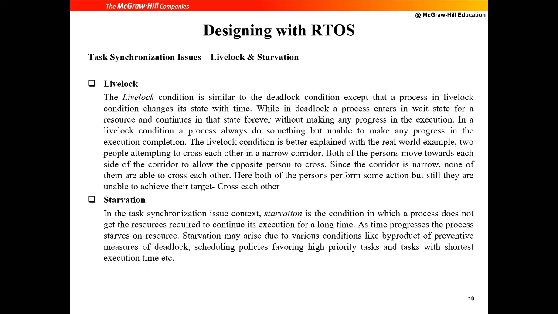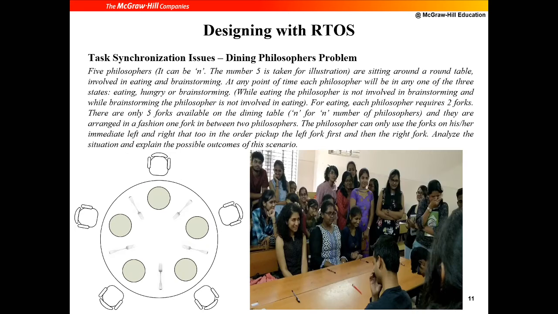Now the problem with livelock is it is much more dangerous than deadlock, because with deadlock you at least know these four conditions and you can avoid it, but with livelock, since the processes are nice, it's very hard to detect. Okay, and the next concept is starvation. In starvation, you want something to be done, but you are waiting an indefinite amount of time. Because of that, a particular process will not be scheduled at all. So it will starve for CPU. So that's your starvation. We'll quickly go through this example.